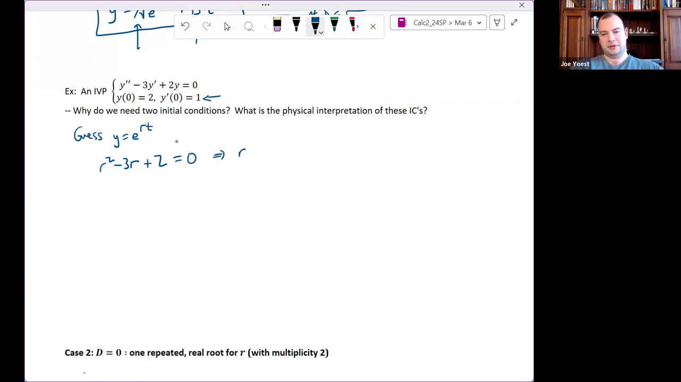I see that I have r minus 1 times r minus 2 equals 0. So r is 1 or 2. My component solutions: y1 is e to the 1t, y2 is e to the 2t. My most general solution, taking a linear combination of them,